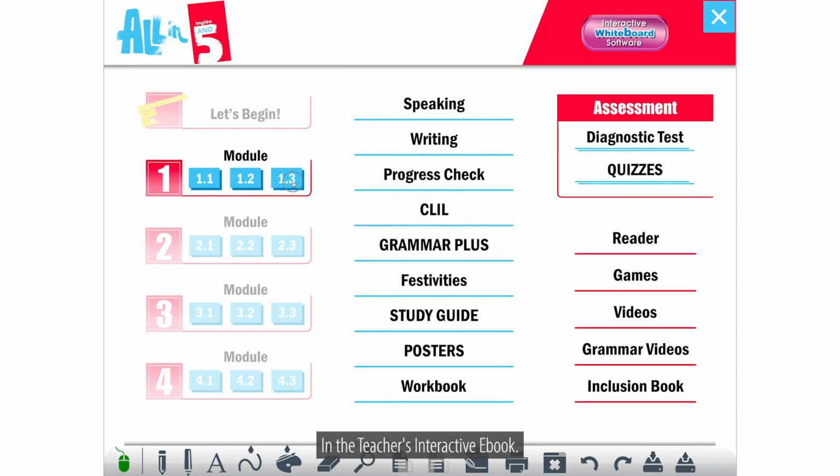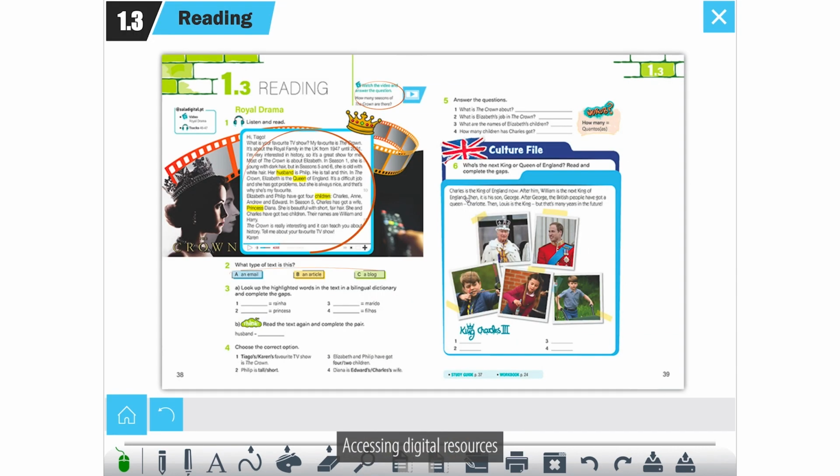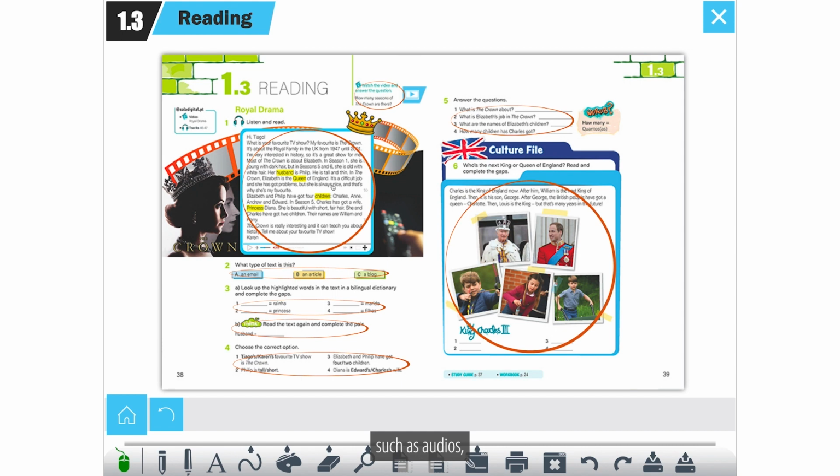In the teacher's interactive ebook, accessing digital resources such as audios,